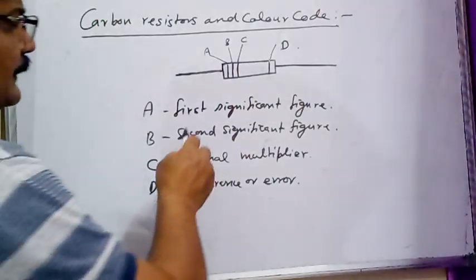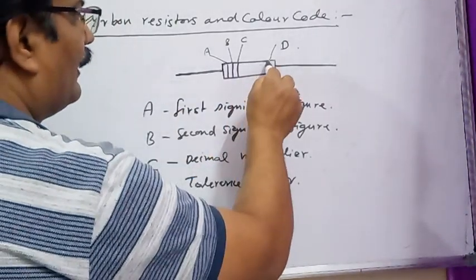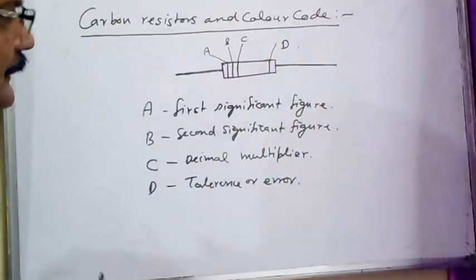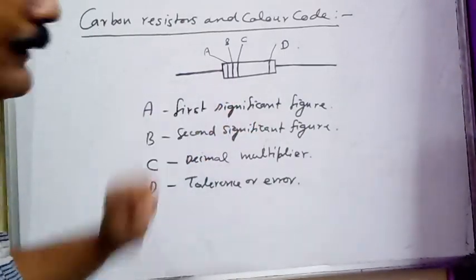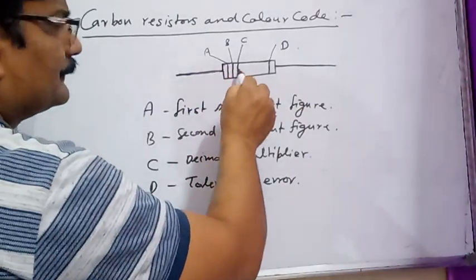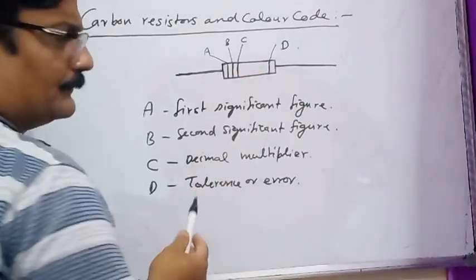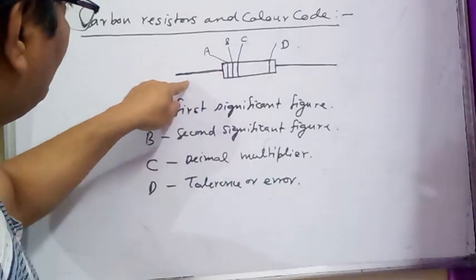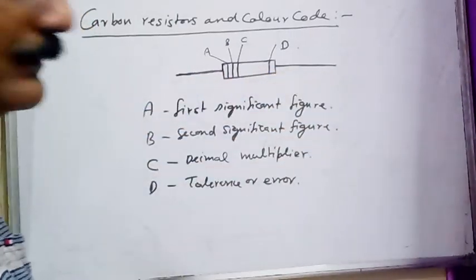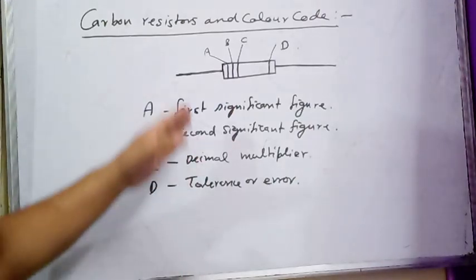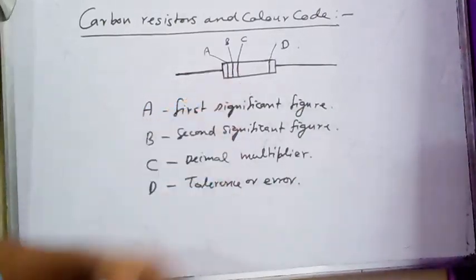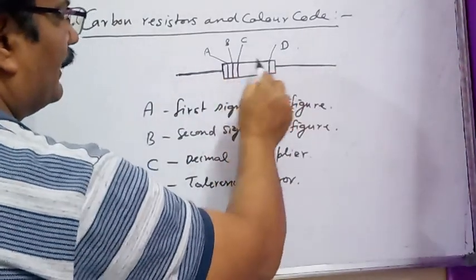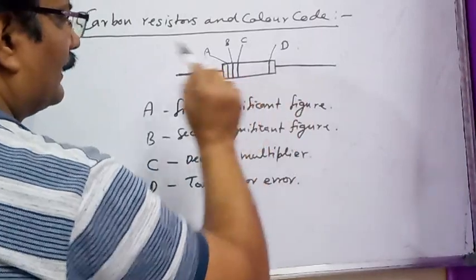But as carbon resistors are very small in size, how can the value of a carbon resistor be read? These carbon resistors are actually coded with colorful bands. On any carbon resistor there can be 4 bands. These two are connecting terminals provided for the connection in the circuit where these resistors are being used. These are metallic wires connected to the carbon resistor. This part is the carbon resistor.